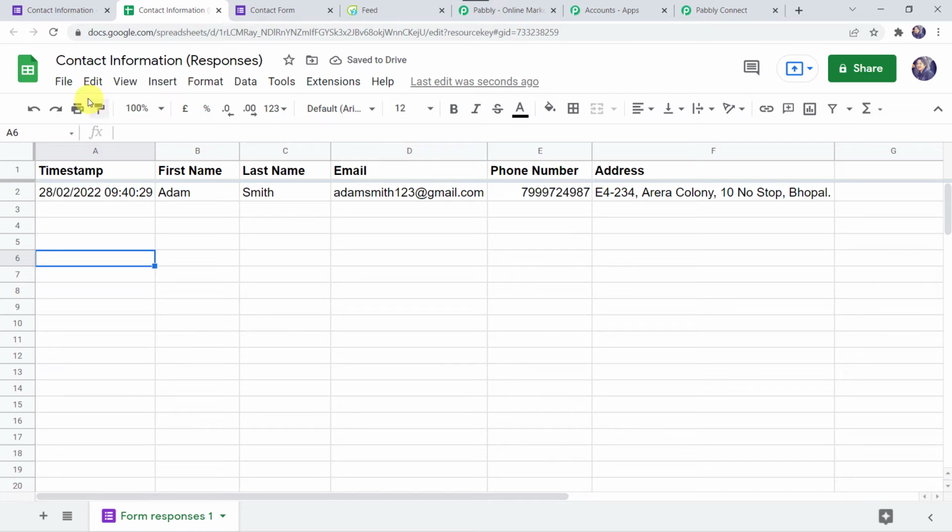Okay, and here we can find the sheet name as Contact Information Responses. Here we can see that all the details of the form submission of the customer are captured: first name as Adam, last name as Smith, email address, phone number, and the address. So now we are going to link this spreadsheet with Pabbly Connect, so that whenever the response is received in